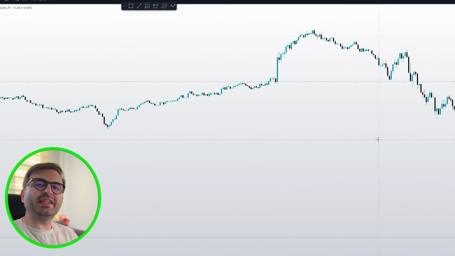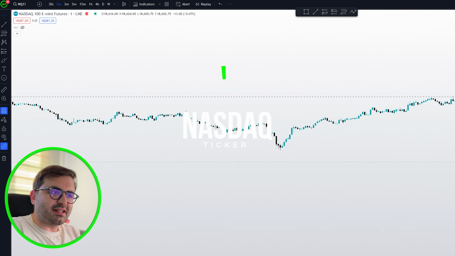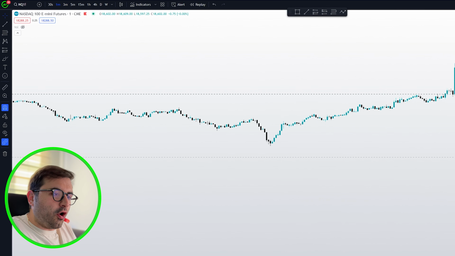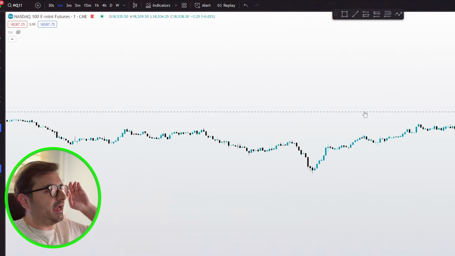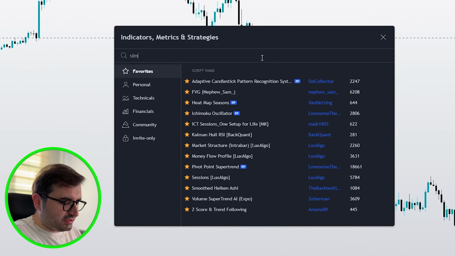Open up your empty TradingView chart and set your time frame to 1 minute for demonstration purposes, and we will be trading Nasdaq. And the great thing is, this whole strategy is working on any time frame and any type of market. So now we will head over to the indicators tab for our first indicator and search for simple